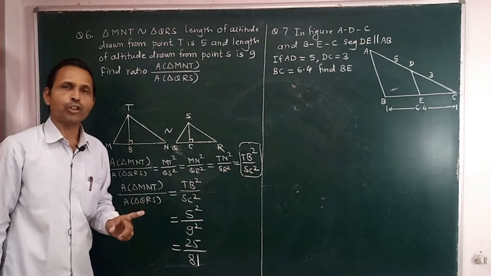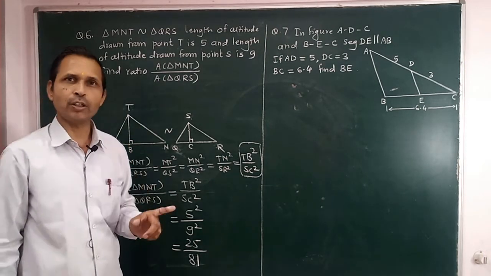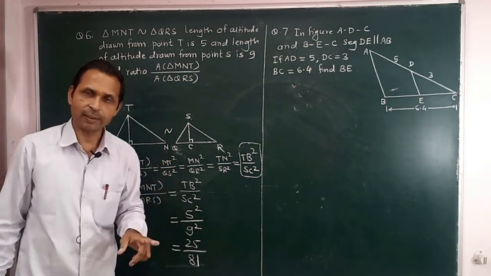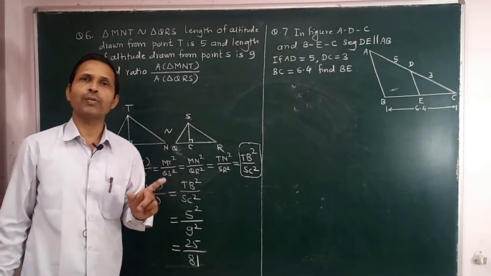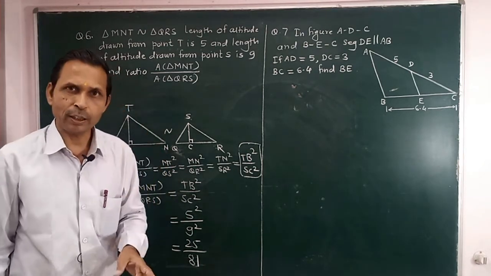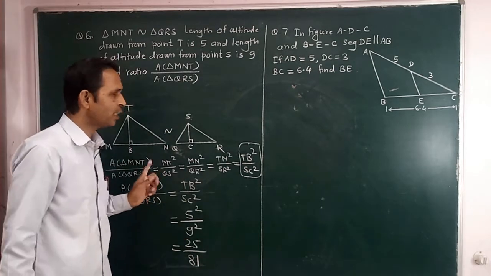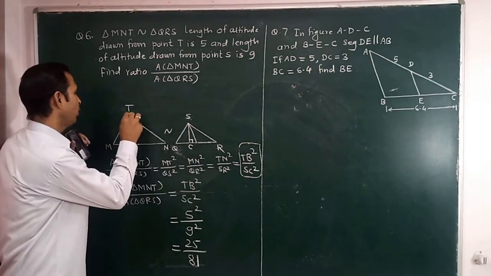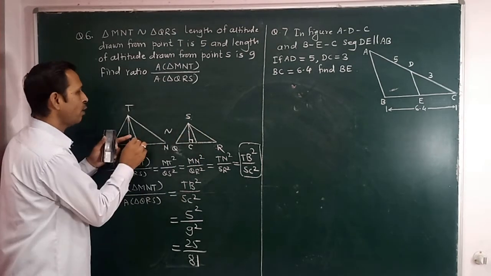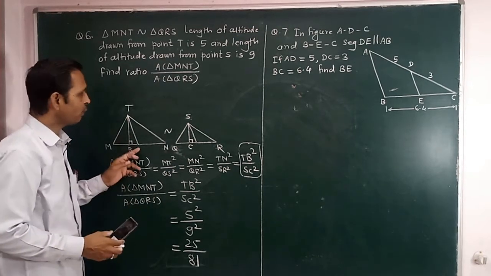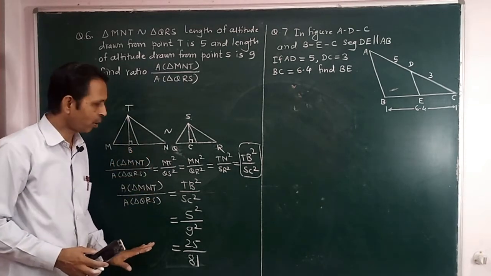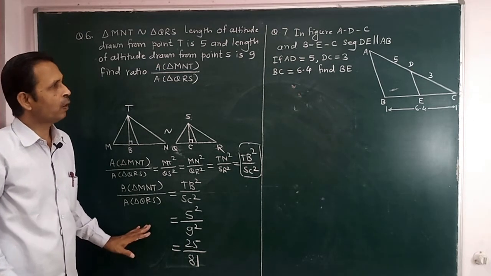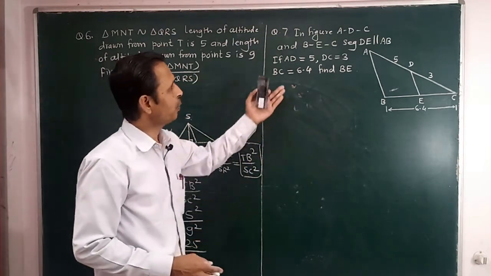Now when two triangles are similar, then the ratio of their areas is equal to the ratio of the squares of the corresponding sides. Also this ratio is equal to the square of the corresponding altitudes. Also this ratio is equal to the square of the corresponding medians. If you draw the medians, they are also in this same ratio, and that's why we can write different types of formulas, and according to this we have to solve such examples. Now let us try to solve another example.